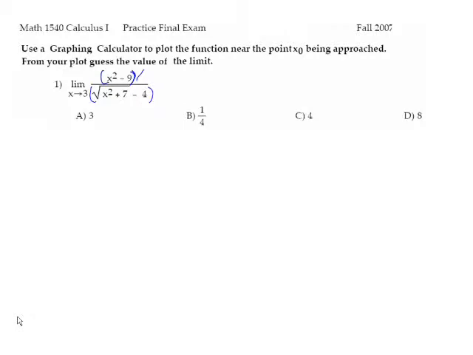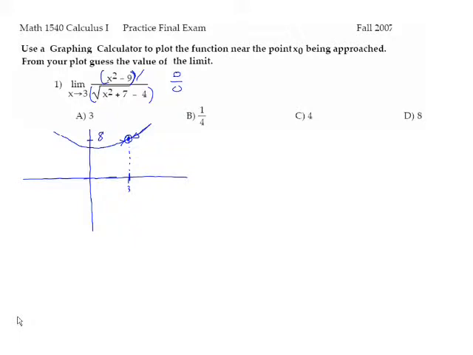And if you put this on your calculator, you can see that the function is not defined at x equals 3. Basically, you're seeing 0 over 0. So the question is, does the function as x approaches 3 actually have a limit? And if you put this in your calculator, you'll see a graph that looks something like this. And as x approaches 3 from the right or the left, there's a hole in it at x equals 3, but you'll see that the limit is equal to